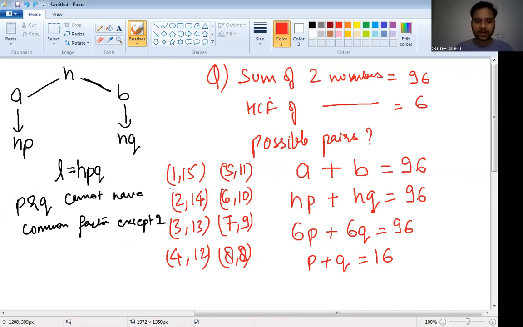तो P और Q की जो इनवैलिड वैल्यूज है यहां पे से, उनको हम हटा देंगे। तो 2 and 14 हट जाएगा बिकॉज इनमें कॉमन फैक्टर है। 4 and 12 हट जाएगा, 6 and 10 हट जाएगा, 8 and 8 हट जाएगा। So we are left with 4 pairs, 1,15, 5,11, 3,13 and 7,9। तो अभी हमें ये तो पता चल गया कि हमारे पास 4 ऐसे पेयर्स होंगे जिनका सम होगा 96, HCF होगा 6। बट अभी भी हम फाइनल आंसर पे नहीं पहुंचे हैं, राइट।